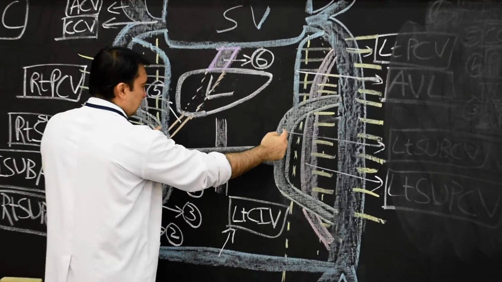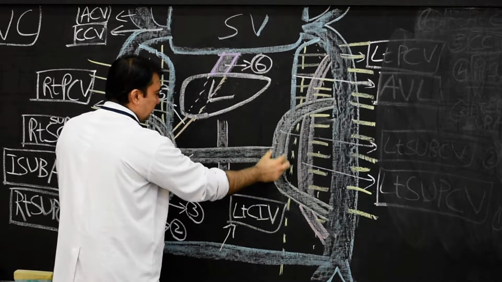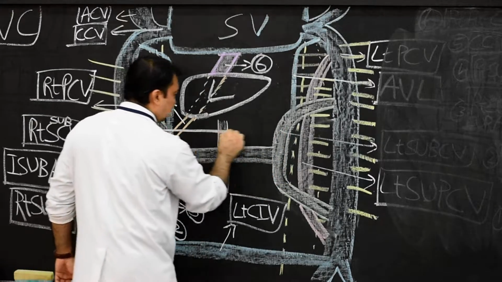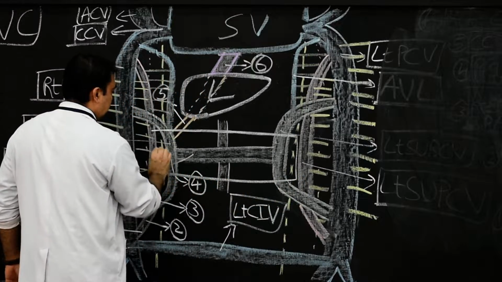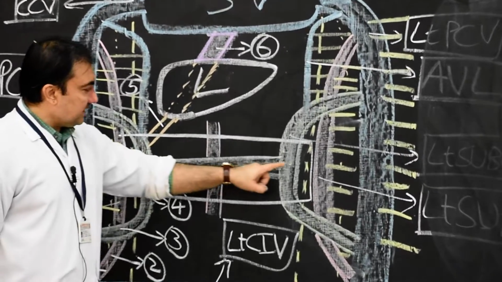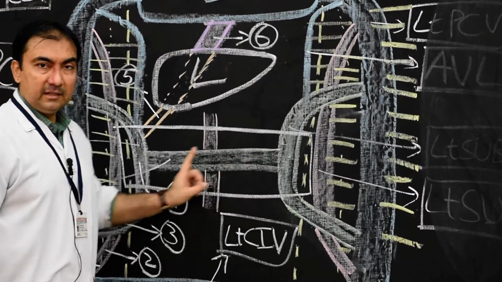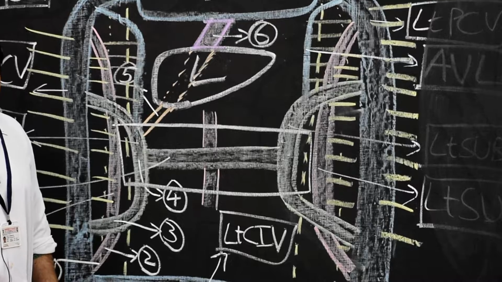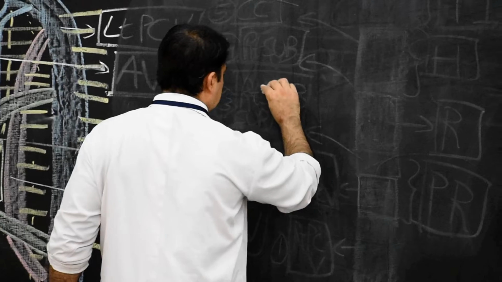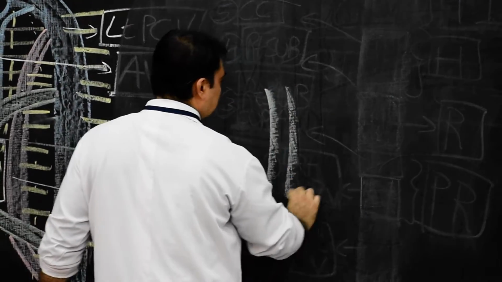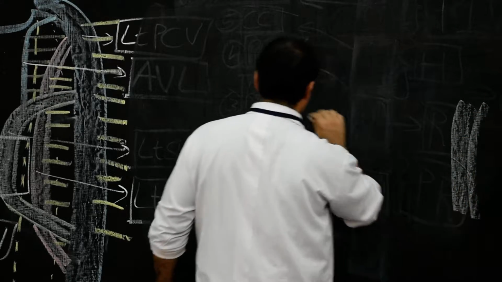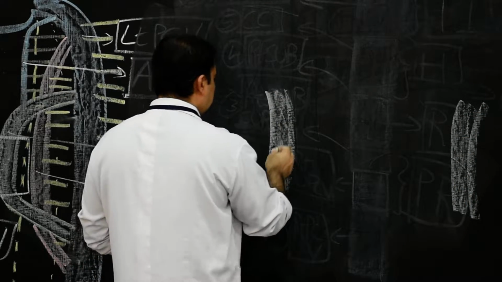Intersubcardinal anastomosis, the portion of the right and left subcardinal vein, this pattern we are going to isolate, and here we are going to show this much segment. Here, these 2 subcardinal veins are receiving the blood from the right and the left mesonephric veins. Please note down. So these are the subcardinal veins, right and left, and they will be receiving the blood.